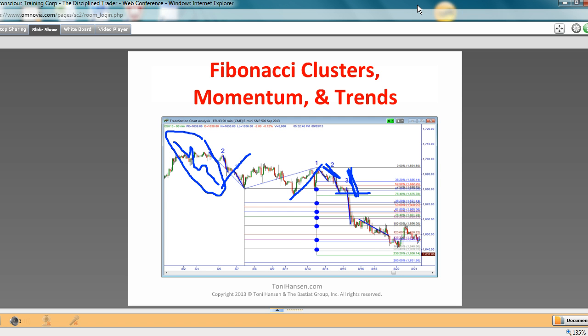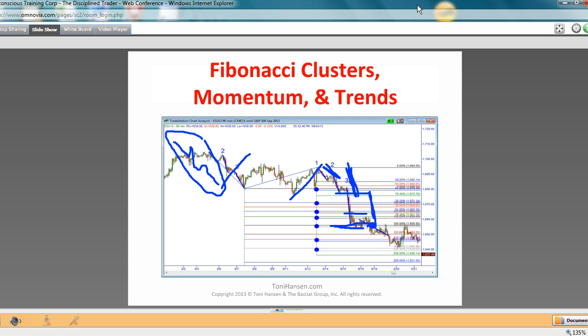So as it was pulling into this zone, I wasn't really worried about protecting any of my profits at that point because the larger time placement and now the momentum itself told me that I was really well positioned for this continuation trade here. But when you have an increase in momentum like this, it also tells you that you're probably going to get a larger than measured move on this continuation. So if you drew an expansion of the second wave down, for example, compared to the third wave down, that 100% level would hit right about here, which is that next cluster level after